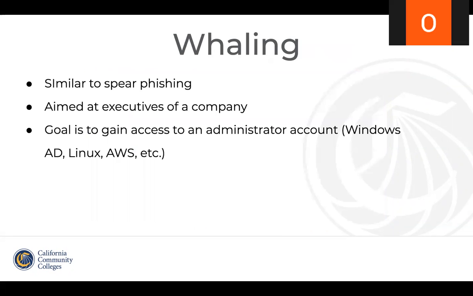So finally, we have whaling. So this essentially uses the same methods as spear phishing, except in this case, the attacker wants to target the company executive or higher up at an organization. And the reason for this is because executives often have admin privileges or root privileges over organization systems. So the attacker would have a better chance of infiltrating their network, and they would have an easier time deploying ransomware across the critical systems. So the attacker could also get in the organization supply chain with this technique.